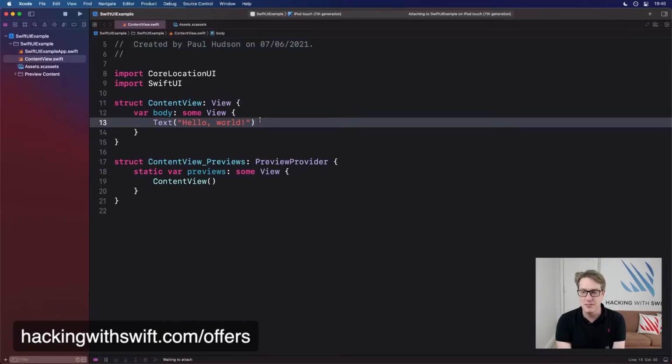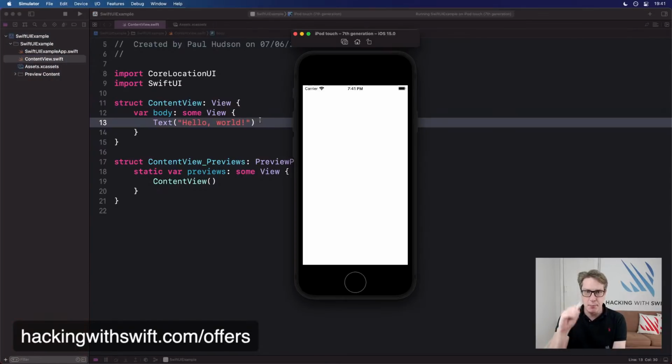It seems the plague has spread. It used to be simulator only, and now it's simulator plus Xcode canvas, which is great. I mean, yeah, thanks for that, Apple. Anyway, it's beta 1. It's going to get better, I'm sure. I should say, while it's catching fire on my screen right now,